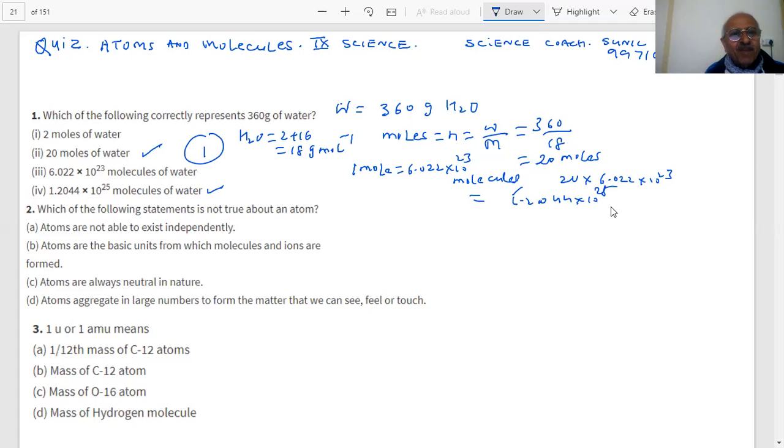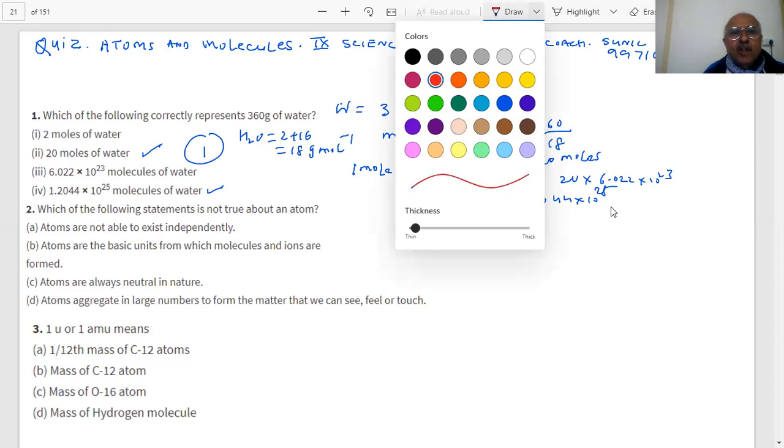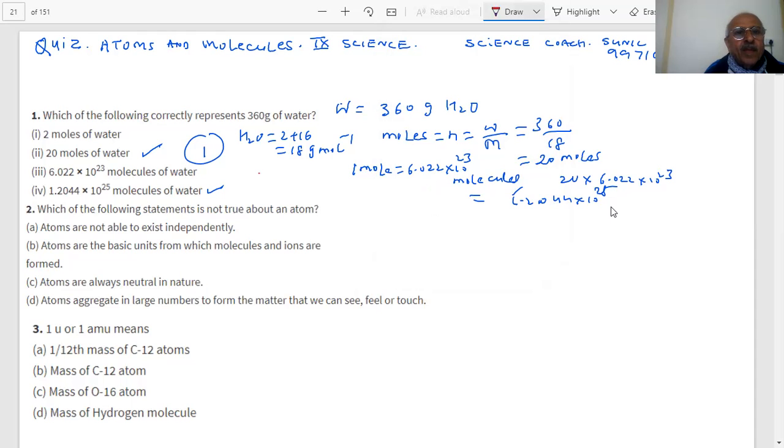Which of the following statements is not true about an atom? Sir, D part. Atoms aggregate in large numbers to form the matter that we can see, feel, or touch. Which of the following statements is not true about an atom? Atoms are not able to exist independently. Atoms are the basic units from which molecules and ions are formed. Atoms are always neutral. Atoms aggregate to form matter that we can use. So C part,